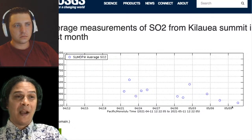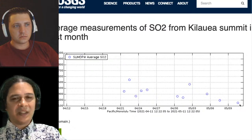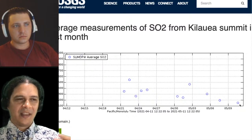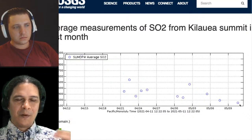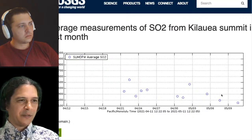And so you've got to wonder, how long can this lava keep coming out if the gas is essentially telling us the magma supply is flat? Not to say it's spent and it's gone. There's probably still a lot down there, but it's flat, so it can't erupt its gas anymore, and it's the gas that's bringing the lava out for a lot of the part. All right, so really interesting to see